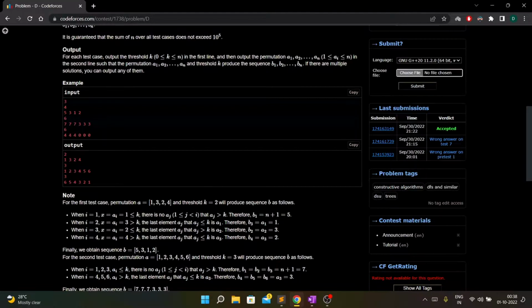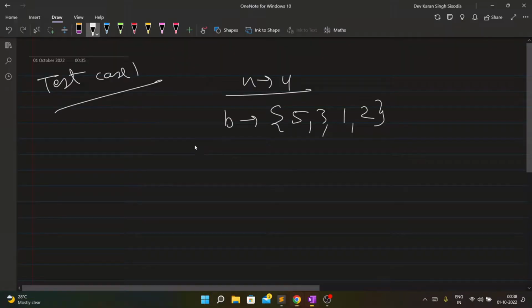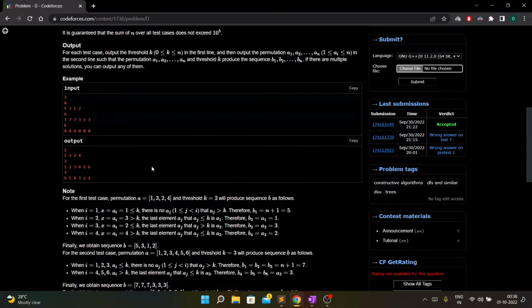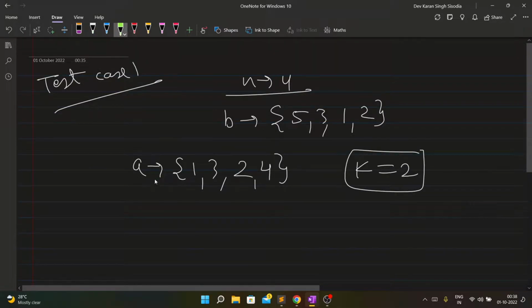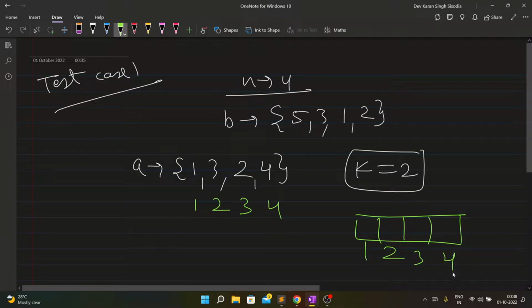So let's first use a and k to find b. My a for the first test case is 1 3 2 4, and my k is 2, right? So let's iterate in this array, 1 2 3 4, and I will create an array b with indices 1 2 3 and 4.